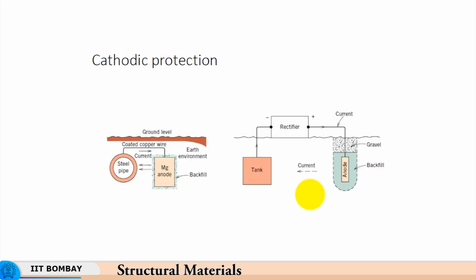So, we have seen a number of corrosion protection means. You have a very brute force method where you connect a negative terminal of a power source to the material to be protected from corrosion. This is particularly true with big structures where you might not be able to use other methods of corrosion protection which we discussed earlier, like